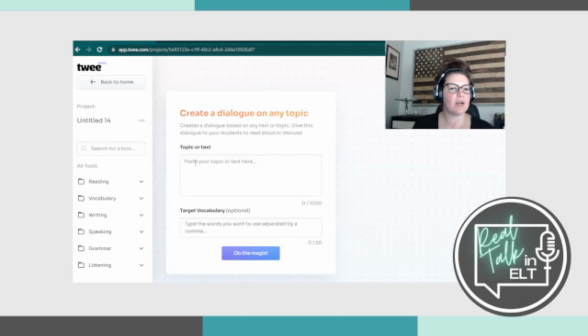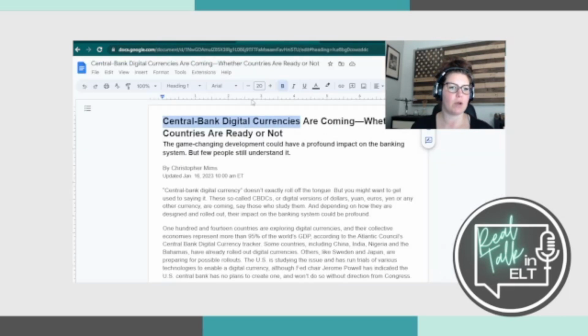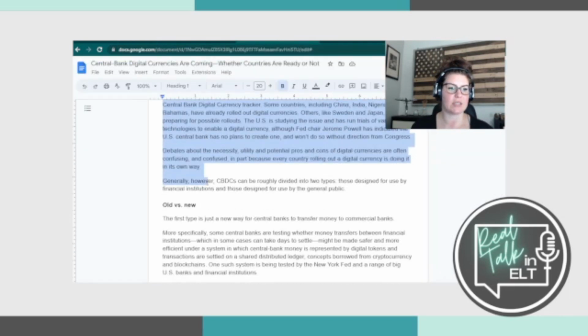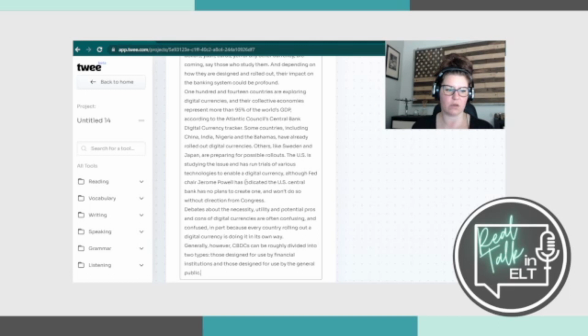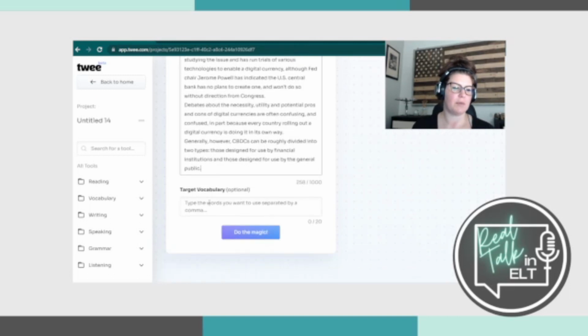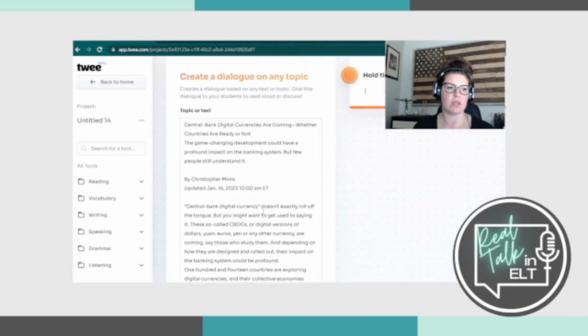So again, you just need to put your topic or a short text in here. So if I want it to actually create a text about the first paragraph of the article from the Wall Street Journal. Again, if I want any target vocabulary, I can set those aside too. And if I hit do the magic,